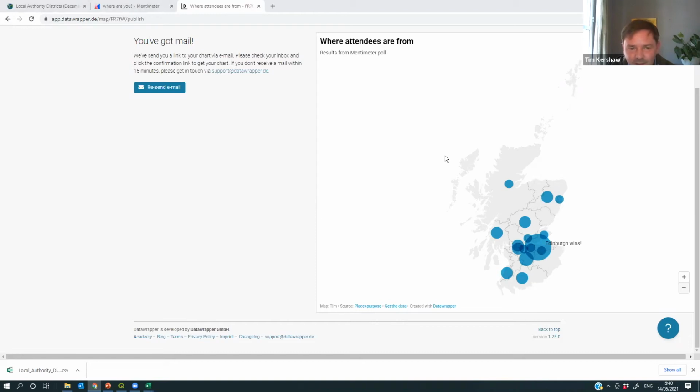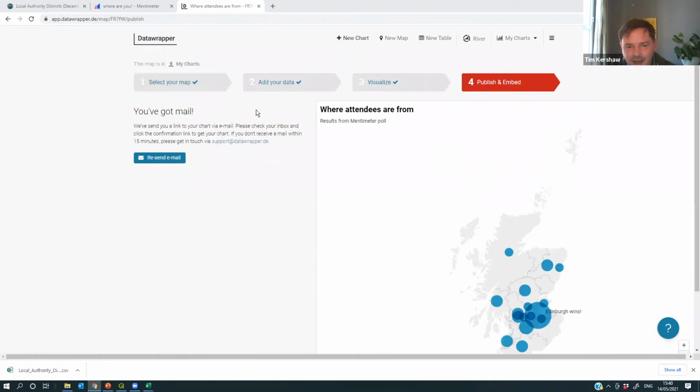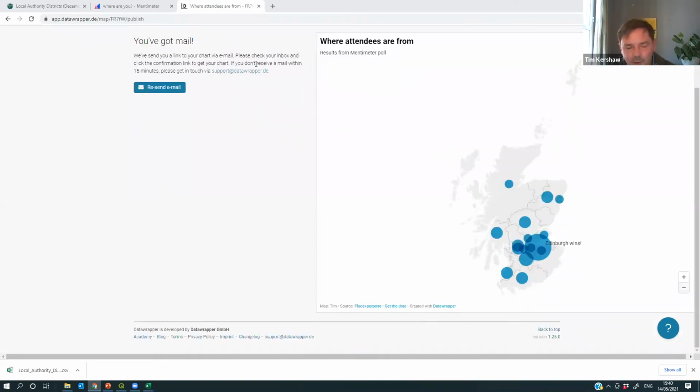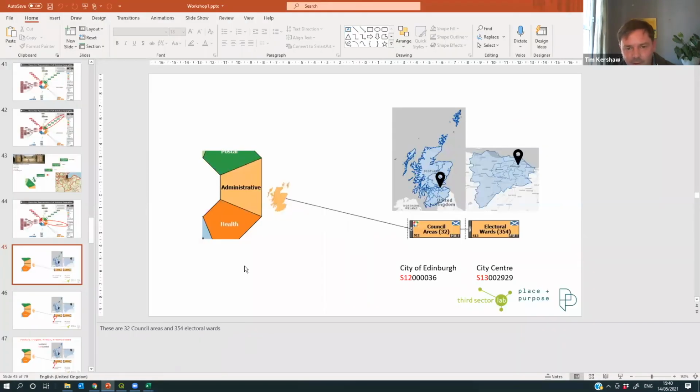Can this be done at a more local geographical level, sub-local authority? And yes, it can, absolutely. This particular platform doesn't have sub-local authority areas in it, but there are many sub-local authority geographies. So if I return to the presentation about statistical geographies,